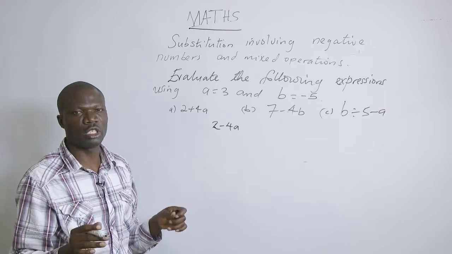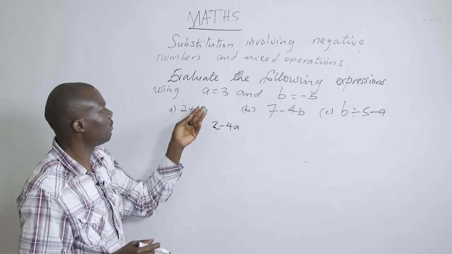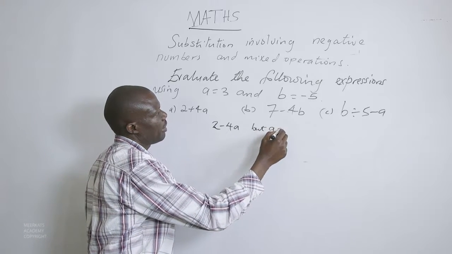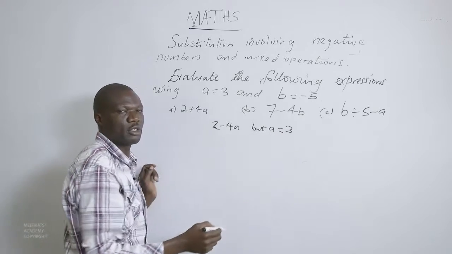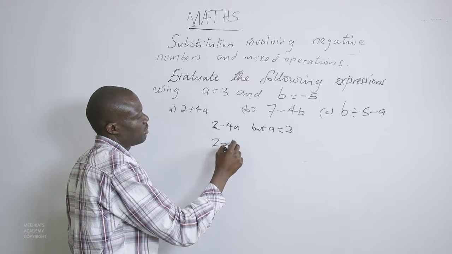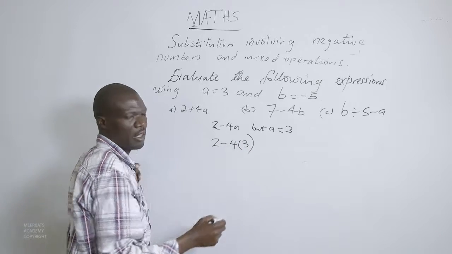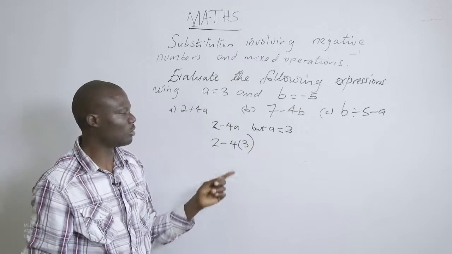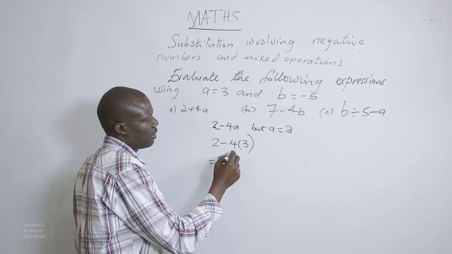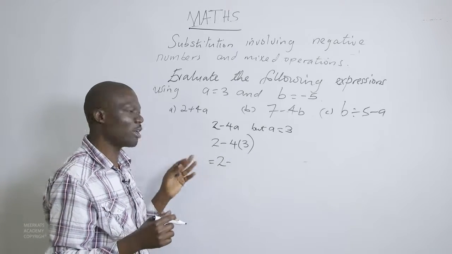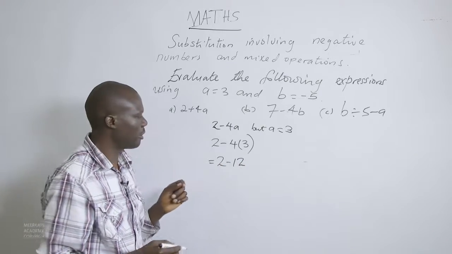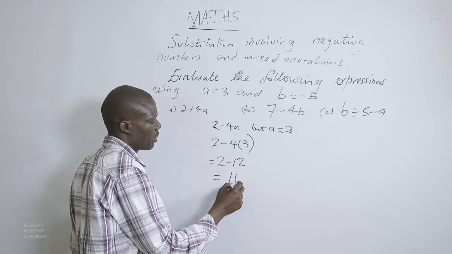We haven't substituted, so we bring in the substitution. The value of A, we find that A is equals to 3. So we shall substitute the value of A so that we rewrite it to be 2 minus 4 into bracket 3. This 3 is positive, so we shall maintain it like that. This one becomes 2 minus simply 12, where 12 is minus 4 times 3 gives us minus 12. So when you work out that one, you'll get